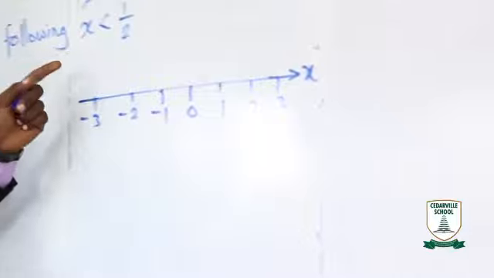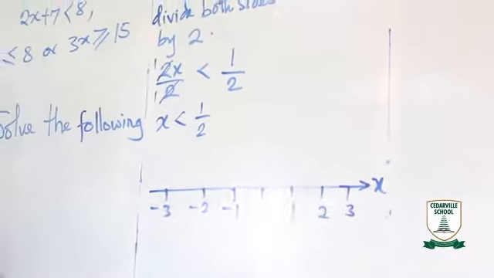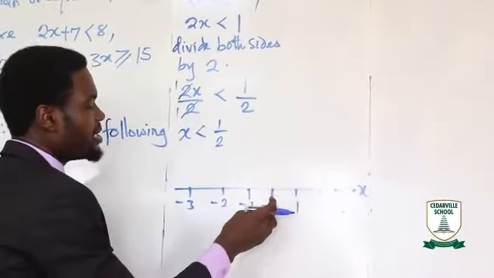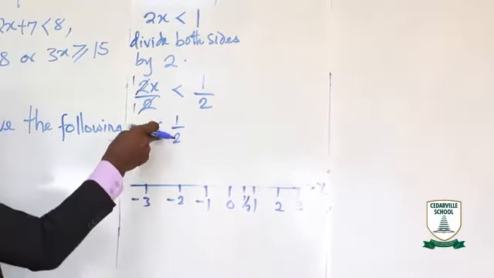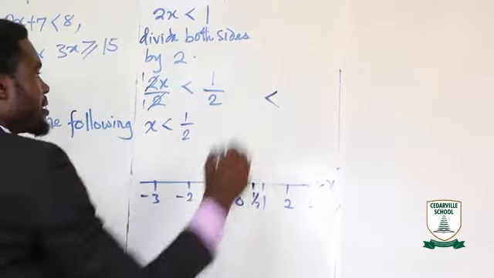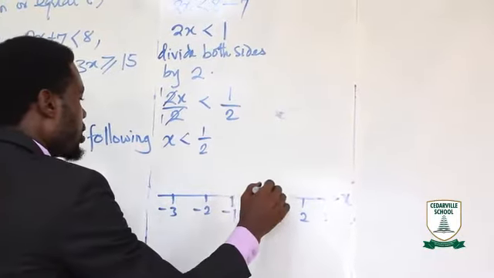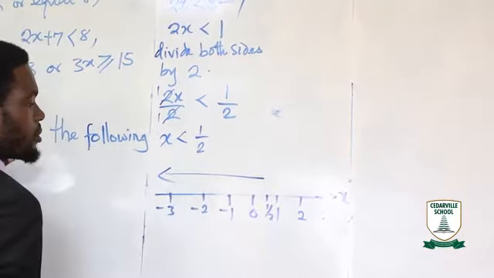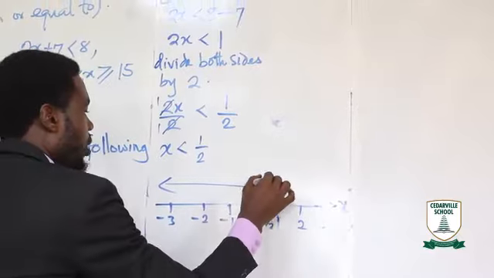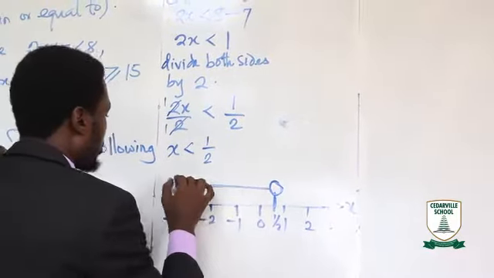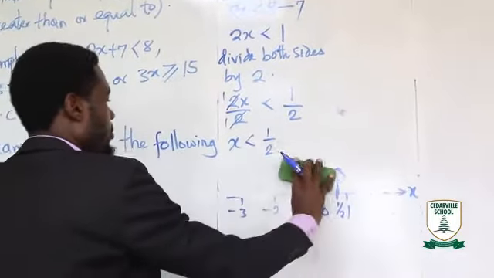Now, the solution we want to treat now is x less than 1 over 2. The first thing to locate is our 1 over 2. Where is 1 over 2? 1 over 2 is between 0 and 1. So, I can put my 1 over 2 here. Now, the symbol here is less than. Less than is your left hand, meaning that it is going this way. Then, you put a line going up on this 1 over 2 and a round circle here with this symbol going to the left. And that is simple as ABC.